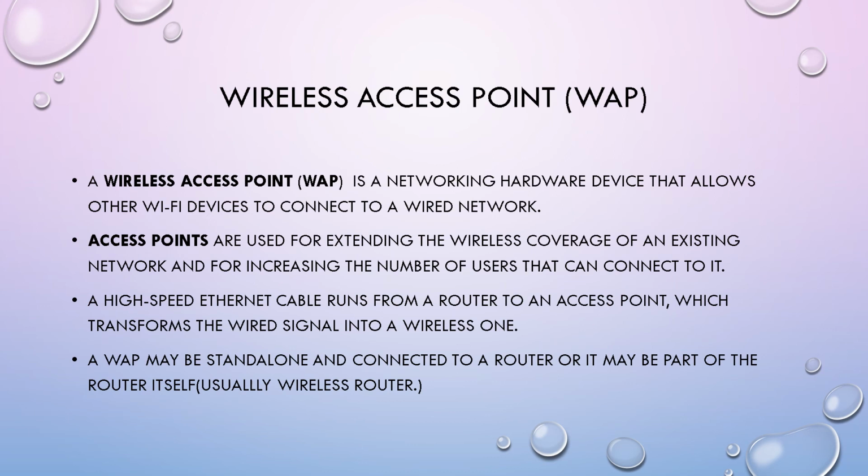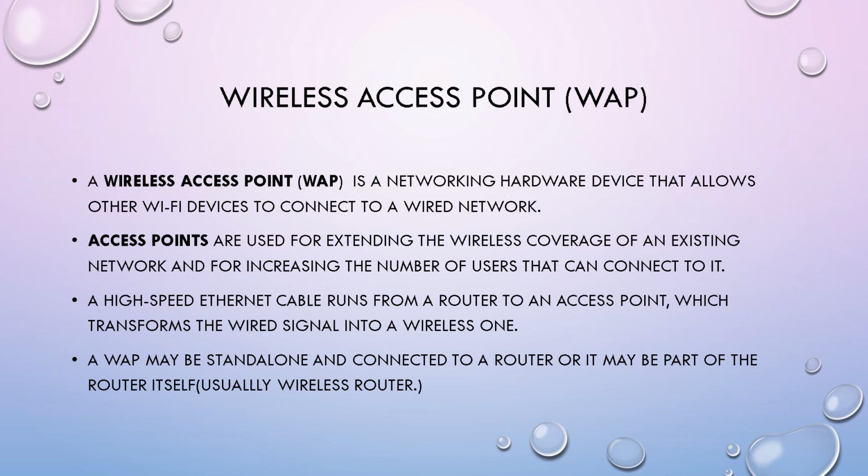Wireless access point. A wireless access point is a networking hardware device that allows other Wi-Fi devices to connect to a wired network. What is this actually? Say, for example, there is a wired networking service through which we get internet, say your BSNL WiMAX or any other service which provides internet via wired devices. In order to give internet to all your electronic devices, this needs to be connected with the wired devices coming from the service.